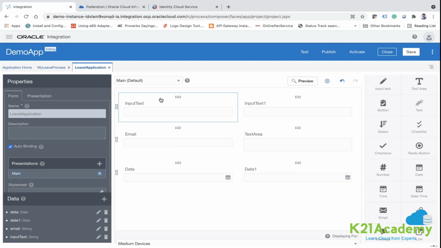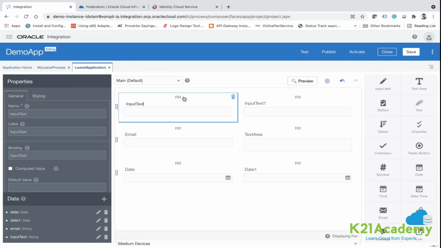Fine. Now if you want to change the label, simply click on this one action and you see the properties. You can say input tag, its name, let's say first name, and you can see the binding has been changed automatically based on this name, which is your first name, and then change the label, let's say first name here.